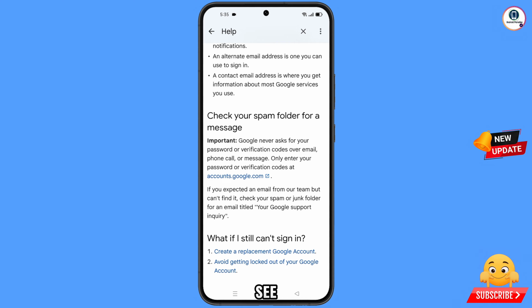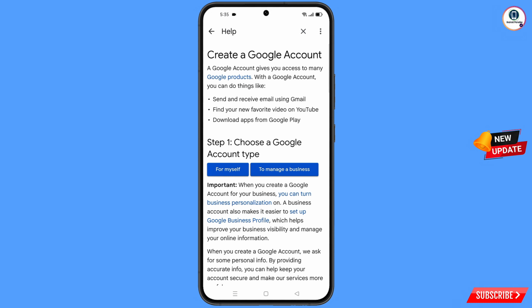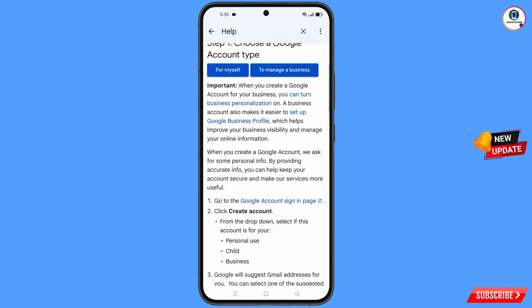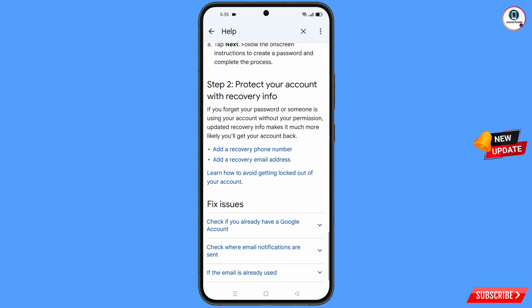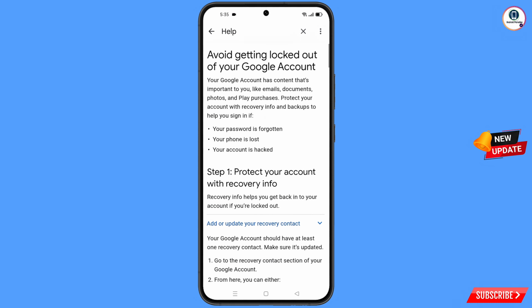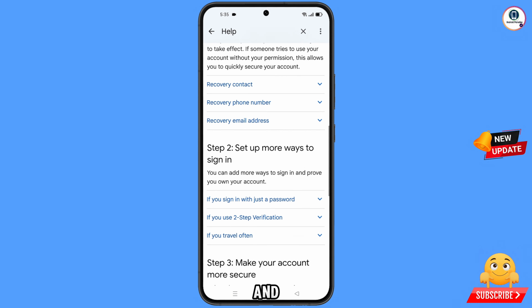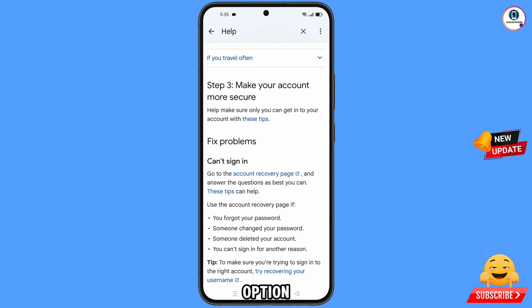and then here you will see the option create a replacement Google account. Tap on this option, scroll down. Here you will see the option learn how to avoid getting logged out of your Google account. Tap on this option, scroll down and then here you will see the option can't sign in. Here you will see the option these tips. Tap on this option,